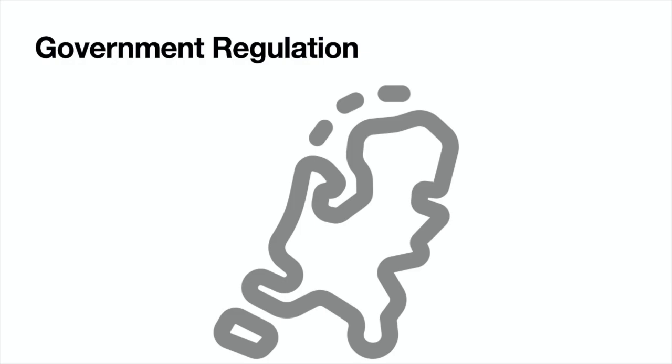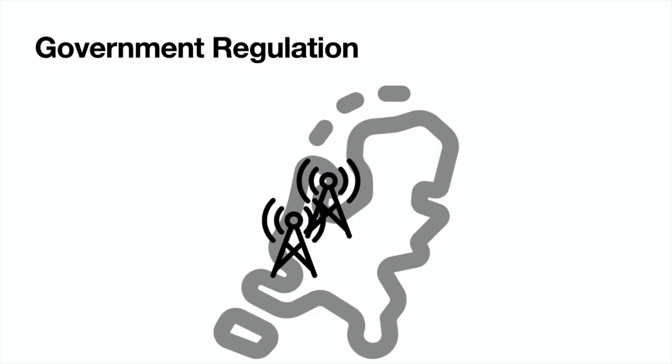Government regulation can ensure that the entire network will be upgraded to the new technology, or that everybody has access to the new technology. Imagine, for example, that you are setting up a new mobile phone network with the best technology available. Where would you put your first antenna? Yes, of course. You will put that antenna in the most densely inhabited area of the country, because then you can reach as many potential customers as possible with a single antenna, so the cost per user can be low. The next antenna will be on the second most densely populated area, and the third antenna, of course, on the third most densely populated area of the country.